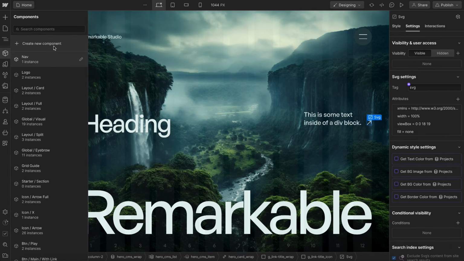And so now that we have that set, let's drop a collection list, and let's pull this from the blog collection. Let's give it a class, and we're going to give this a class of blog CMS wrap, and the child will have blog CMS list. And then under that, blog CMS item. And on the CMS list, we can just add the utility of grid column 3 that we created earlier, and